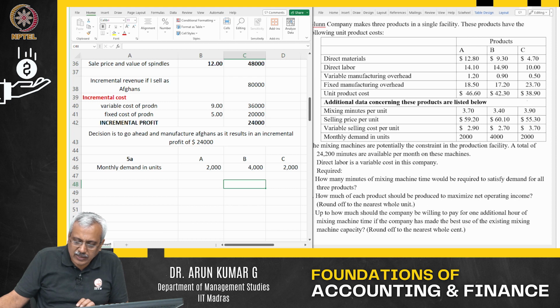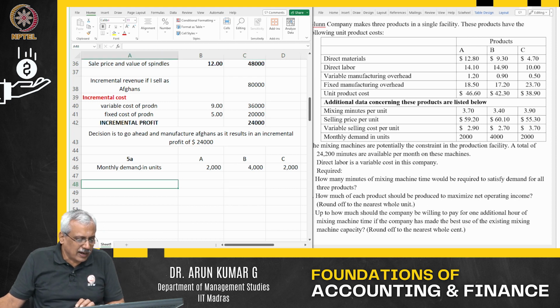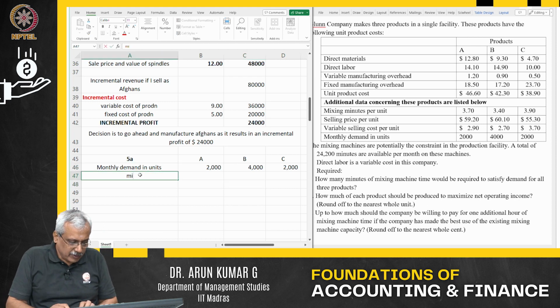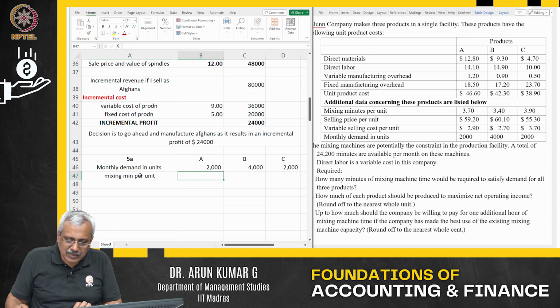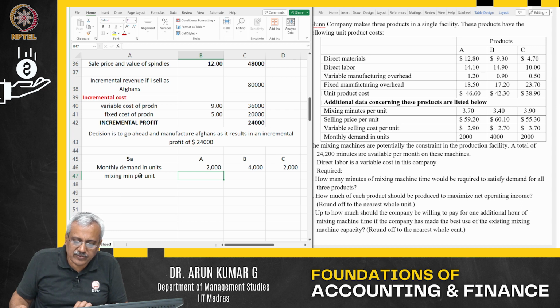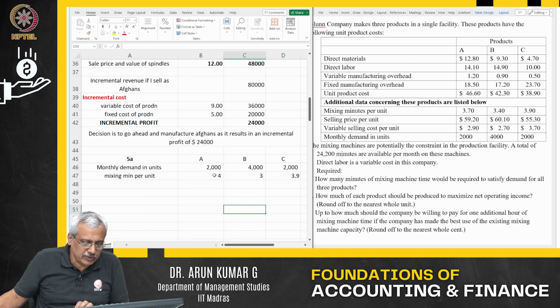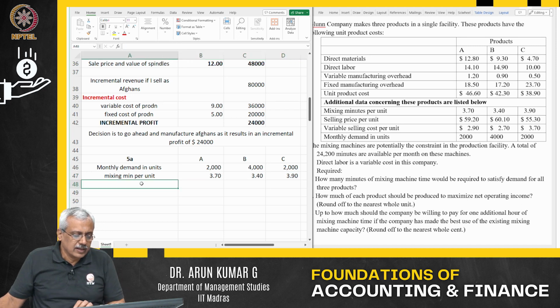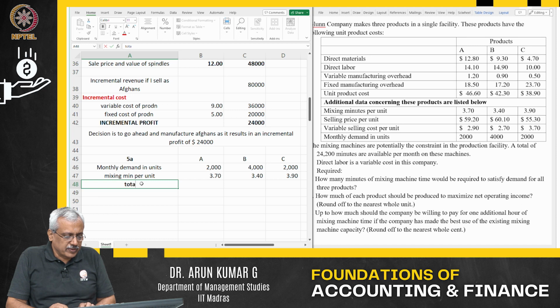Now let us look at the mixing minutes per unit requirement. What is the mixing minute requirement per unit out there? Let us see this. It is about 3.7, about 3.4, and about 3.9. So, I will have to increase the decimals in this particular case. Yes, so, total mixing minutes